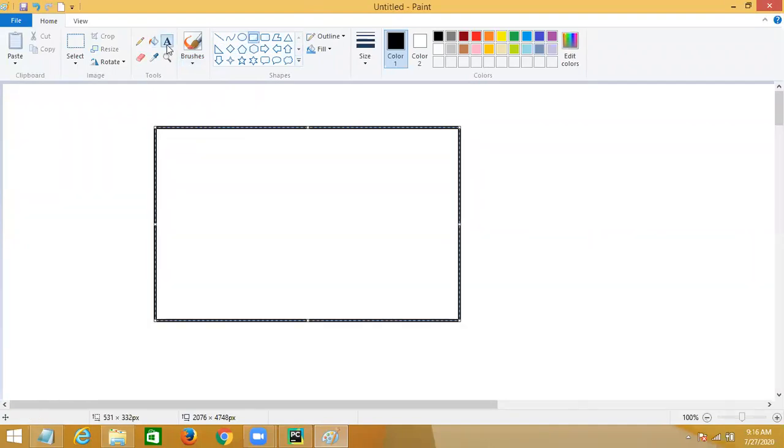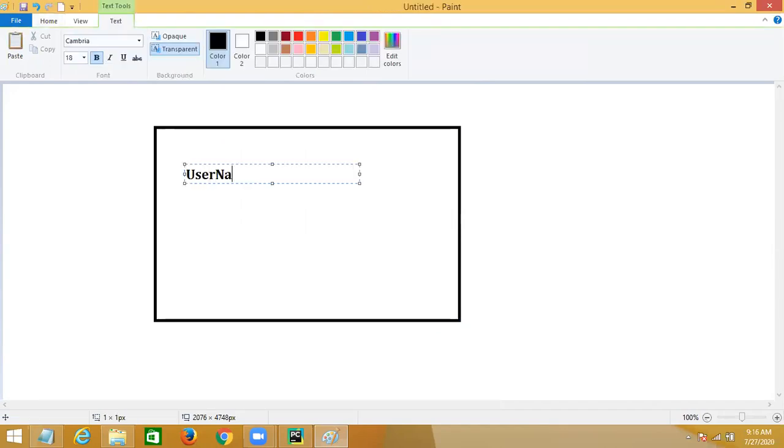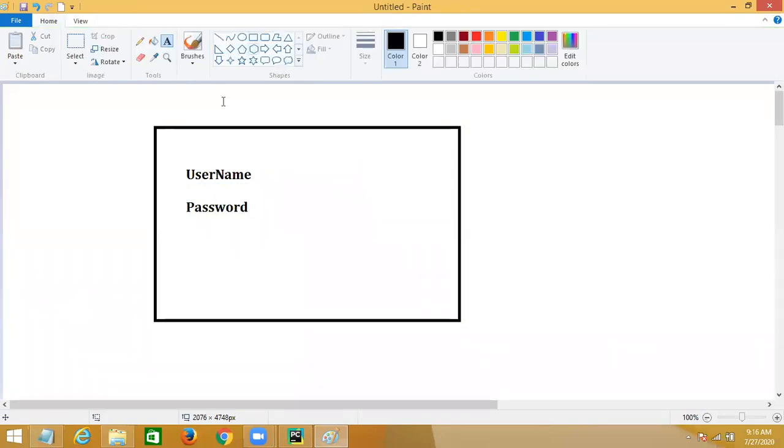In a login, you write username and password, right? How can I place this username and password? I can place them using a label.